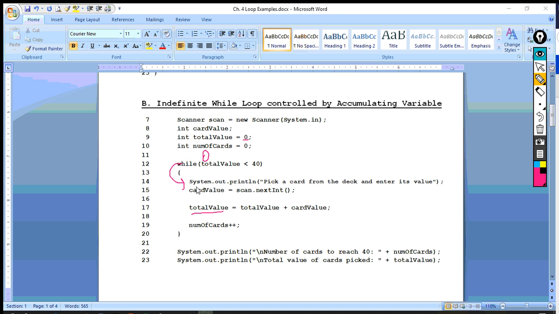the loop and a card is picked, and then total value gets increased, and then you go up to the loop and start again, and whatever that value is, maybe it's 7, it's still less than 40, and it just keeps on increasing, and eventually it gets to 38, and then when it gets to 40 or higher, it causes the Boolean expression to be false. So the loop stops, and so